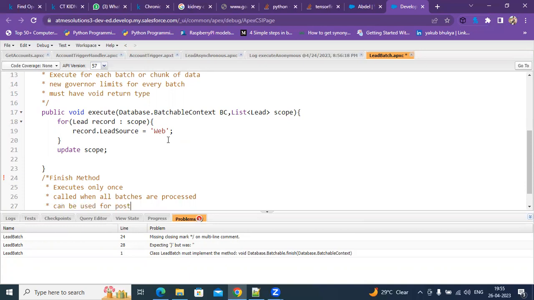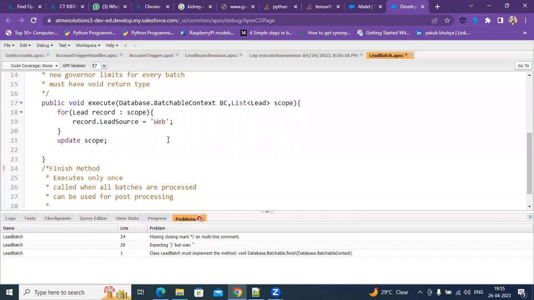It can be used for post processing. Post processing means after performing some DML actions, if you want to send some email kind of things, or if you want to run a flow in the background, such kind of actions, at that time you can use a finish method. So most widely it is used to